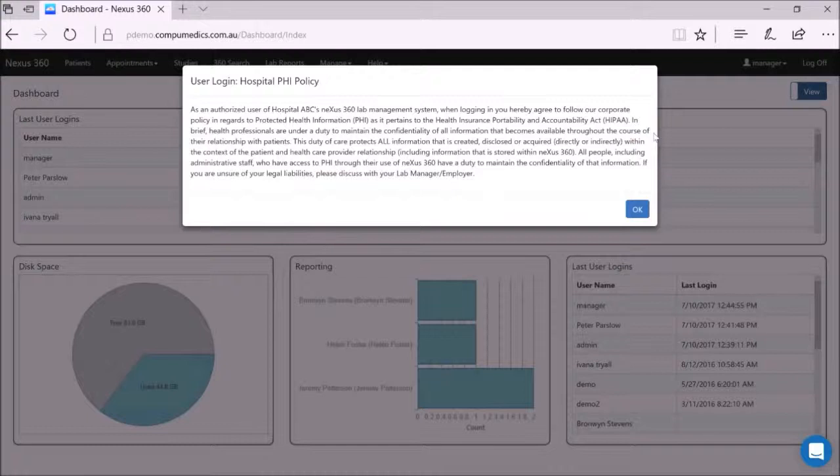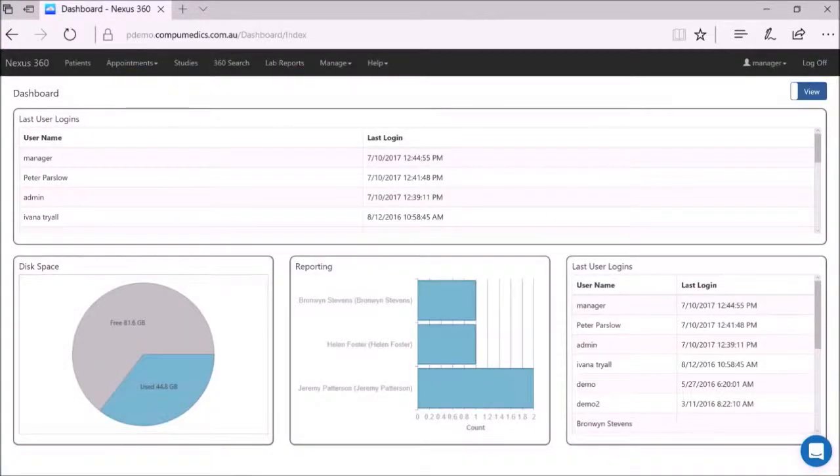And here we have set up on this site a notification, which you can find in another tutorial how to establish. If I just select OK here, then you can see that this manager has a dashboard that's set up with information that's really of use probably only to the manager in terms of user logins, disk space and so forth. Before we actually go through and set up to-do items, we just need to check our group permissions,